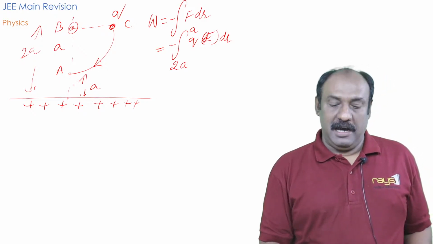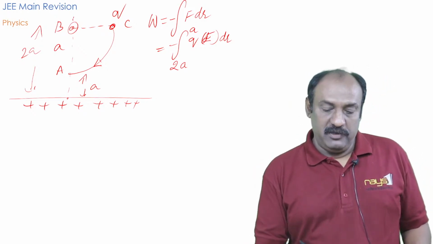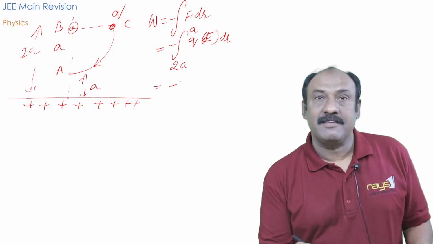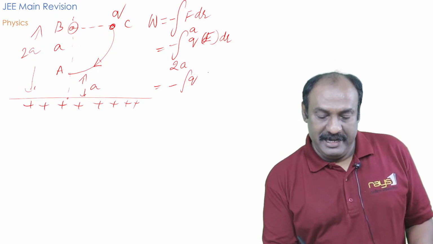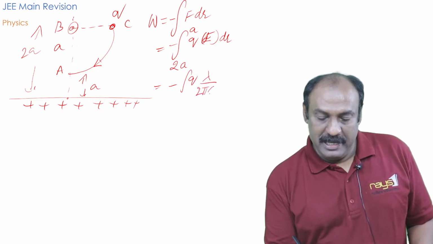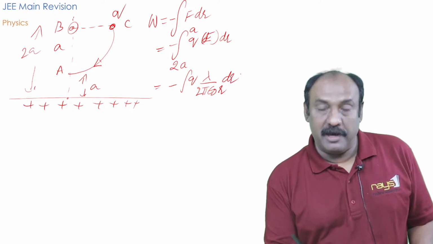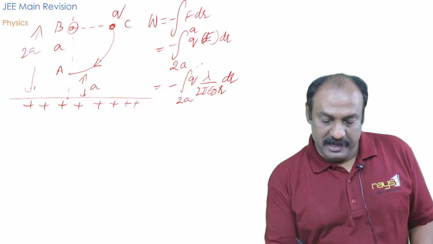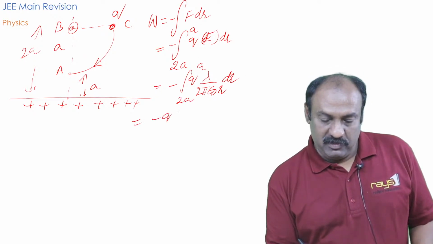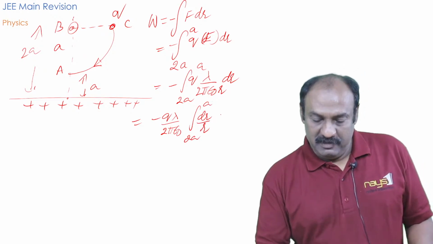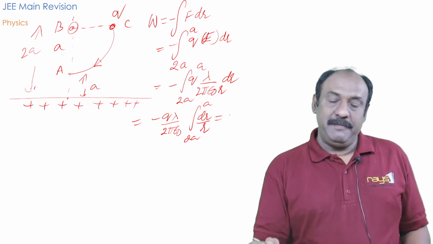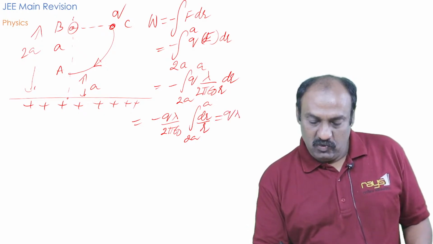Therefore, integral from 2a to a of q E dr equals minus q integral of lambda by 2 pi epsilon naught r dr within the limits 2a to a, which equals minus q lambda by 2 pi epsilon naught integral of dr by r within the limits 2a to a. By reversing the limits of integration, we get q lambda by 2 pi epsilon naught